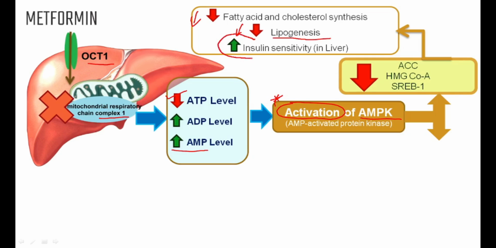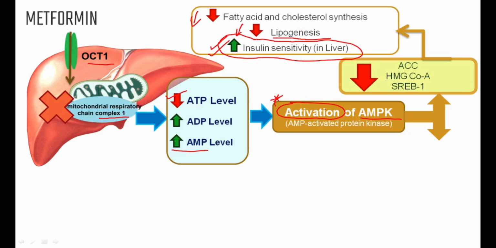It also enhances the insulin sensitivity in the liver. So all this together is very important to maintain the glucose homeostasis. All these things occur via an increase in the AMP level, decreasing the ATP level, increasing the ADP level, activation of AMPK, then reduction of the ACC, HMG-CoA, SREBP1. As a result, insulin sensitivity in the liver is increasing, decreasing the lipogenesis and decreasing the fatty acid and cholesterol